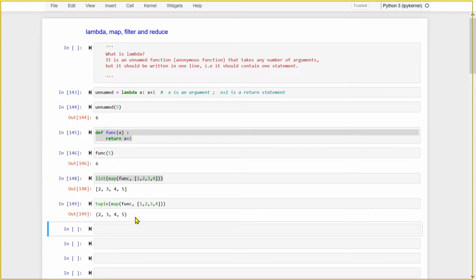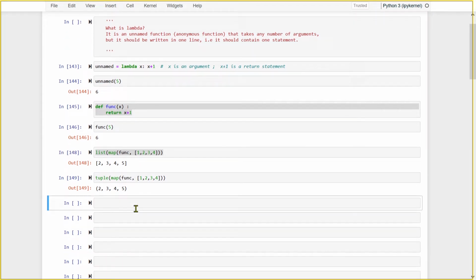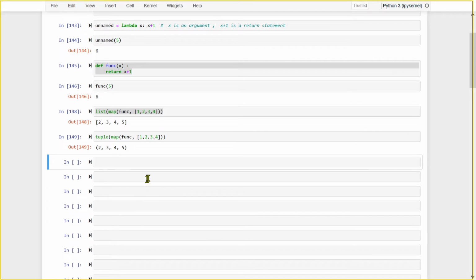Now you will say next point, the function, what is it doing? It is just taking a variable and adding one and returning. And for that, I have to write a function and store that. Why can't I do this on the fly? Okay, if that is the idea, all that you do is replace the function with lambda. Whatever you have written over here, don't write it, you write it in lambda. So what will be the format of lambda? lambda x colon x plus 1. Done. So let me bring this here.